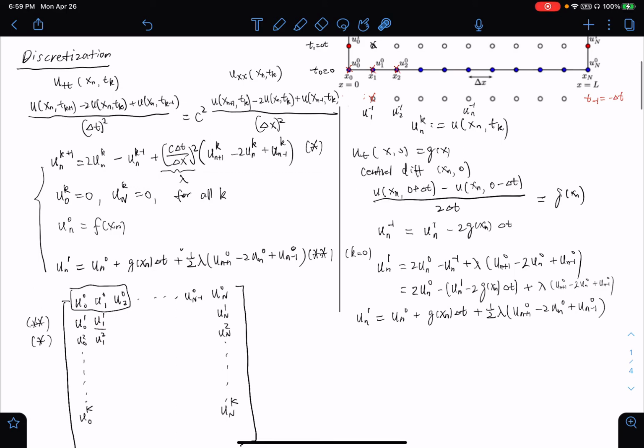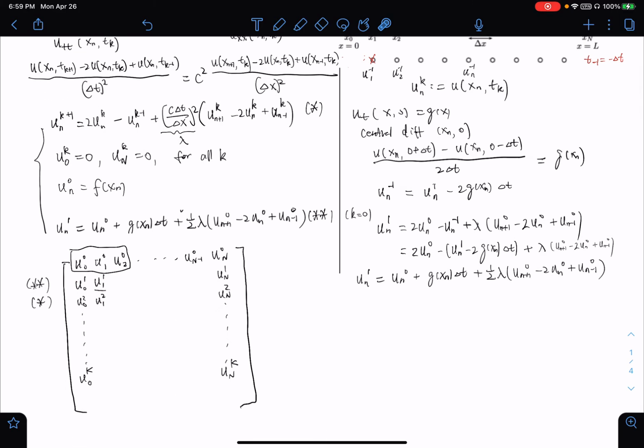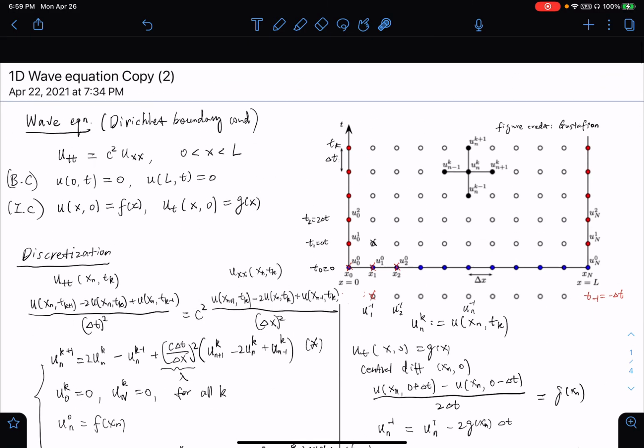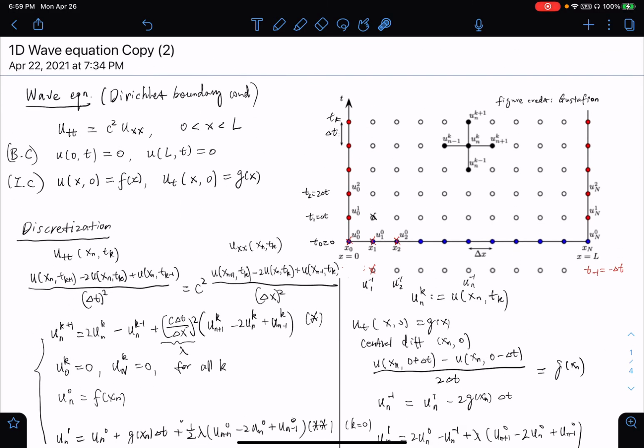Okay, so what we have said for now is that once we have the initial value, boundary value, and these two recursion formulas, we can generate every value in this matrix. So we have obtained a numerical solution